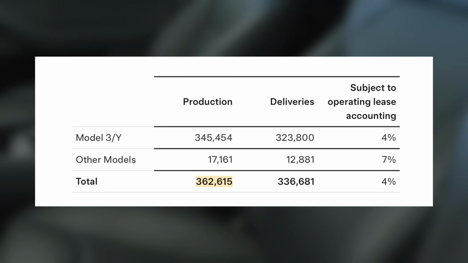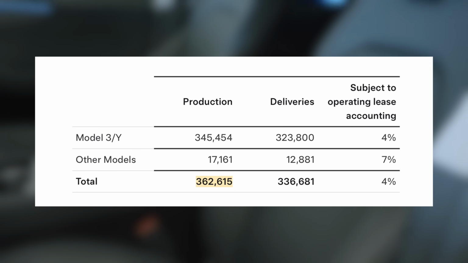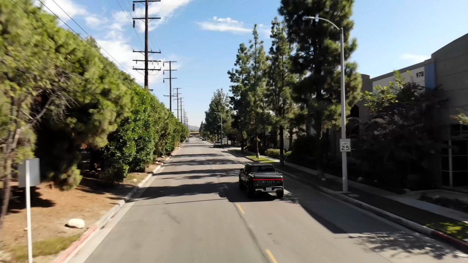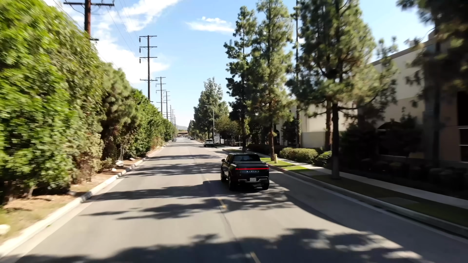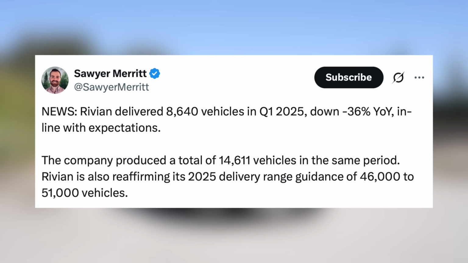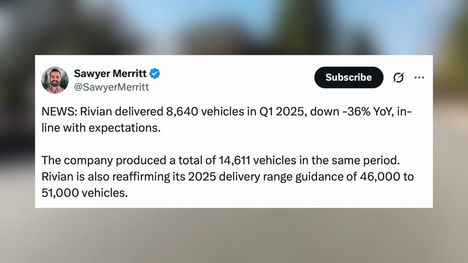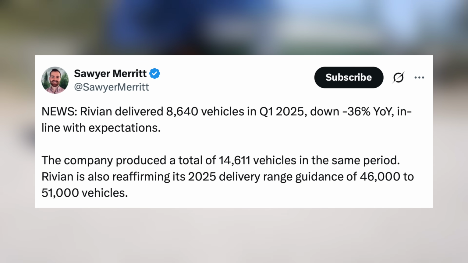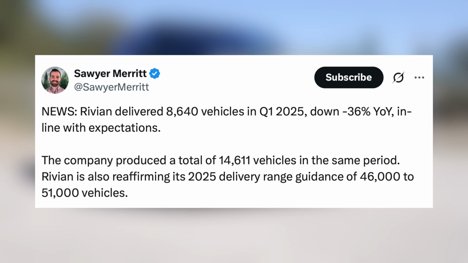So it seems they did have enough inventory as a whole to deliver the number that Wall Street expected. At the same time, other companies like Rivian are down as well. Year over year, Rivian saw a drop of 36%, and that is a very big drop, but it is in line with expectations. So it's not as big of a deal because it's somewhat in line with Rivian's guidance